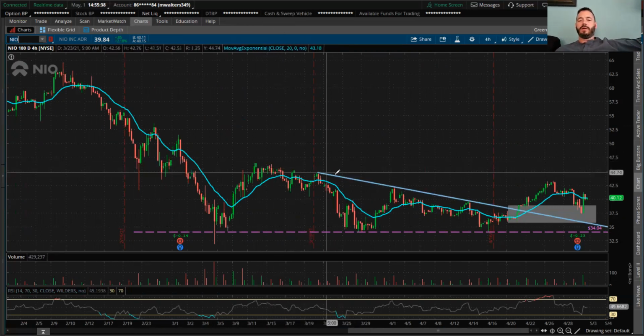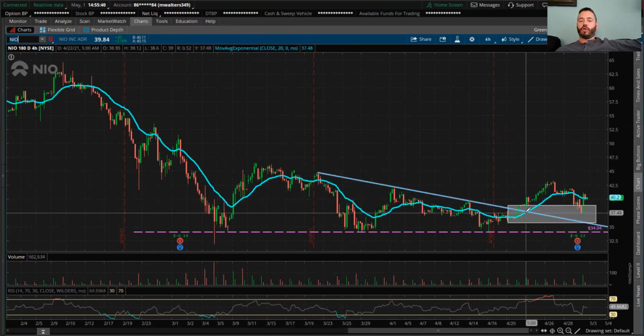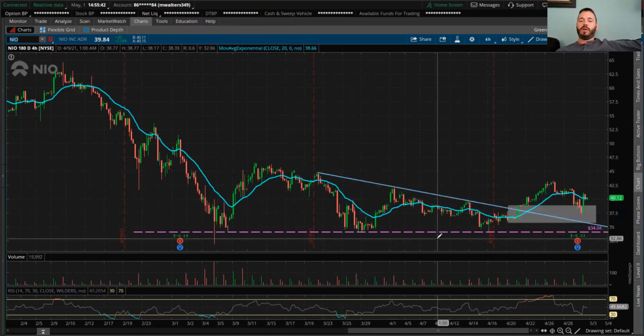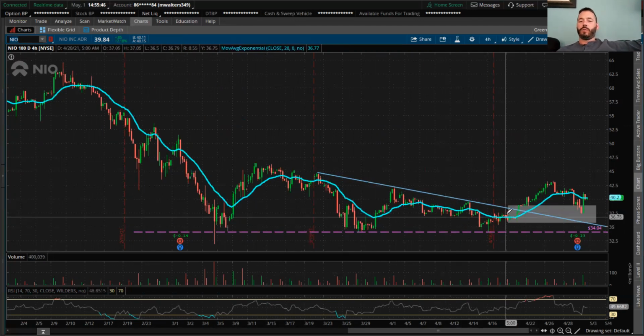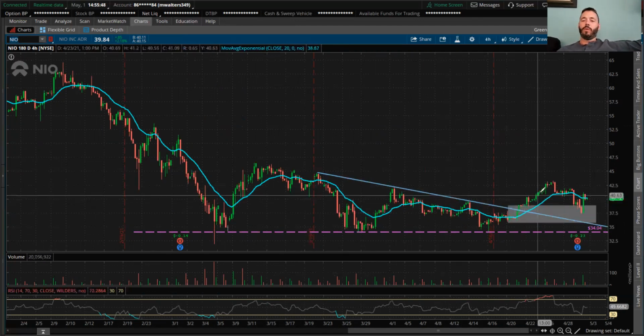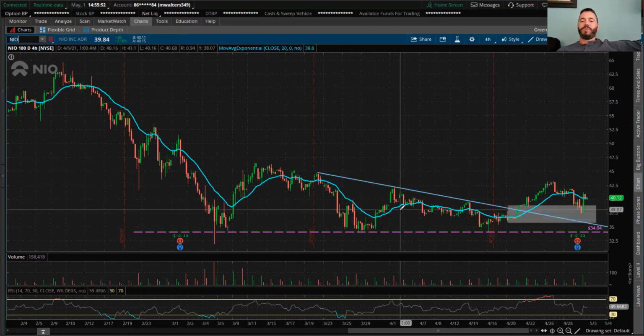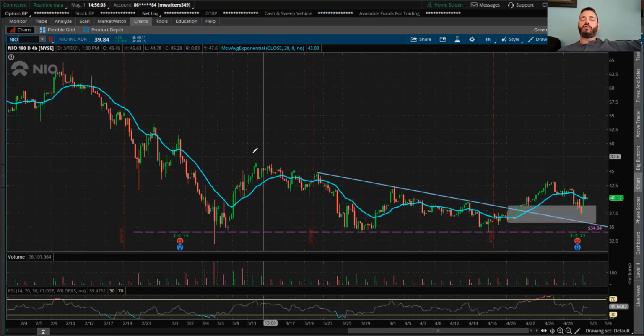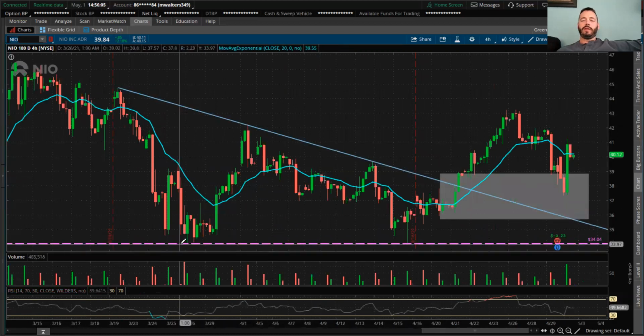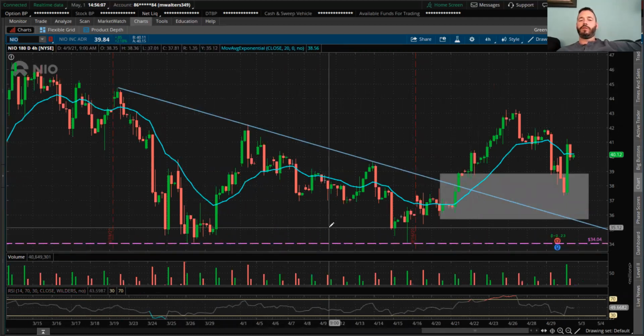NIO had a trend line that got broken, which we made a video about last week and called this one really, really very well. This was a great swing trade here. Now, once you get a breakout, this is what this is called. This is a breakout. Very bullish, extremely bullish. You had support down here at the 34s.